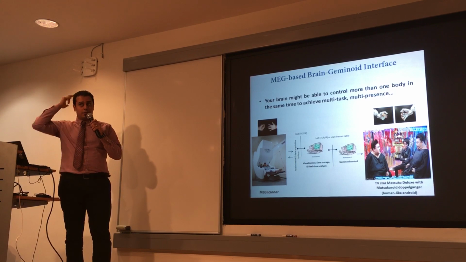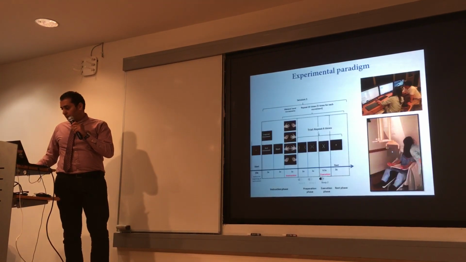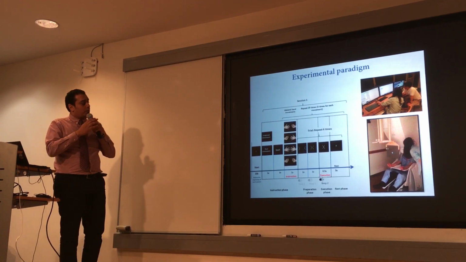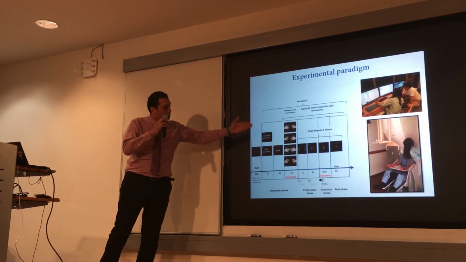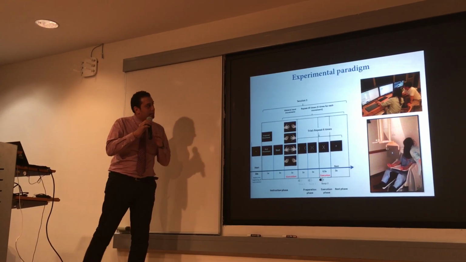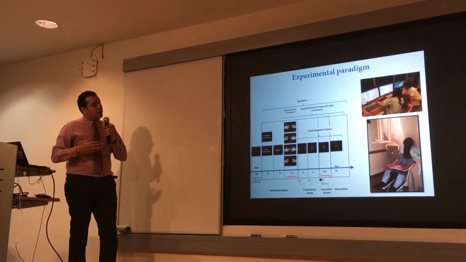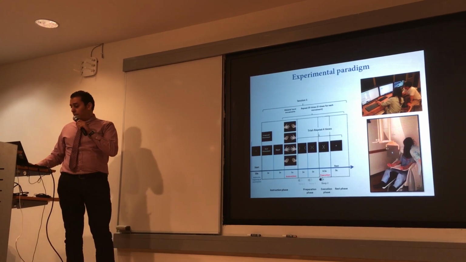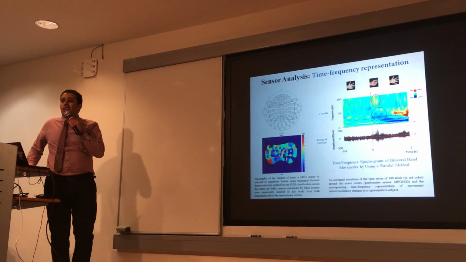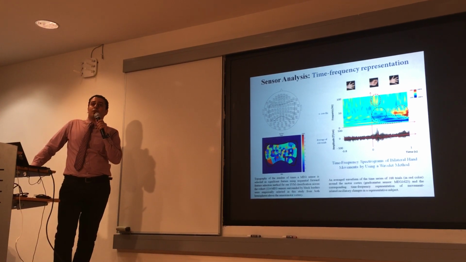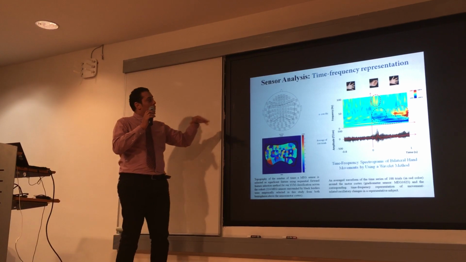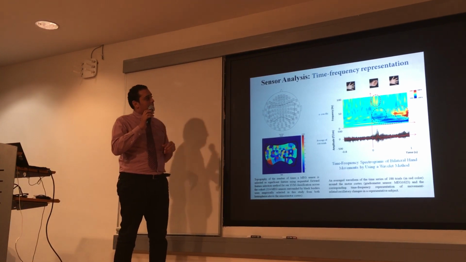That's the most important in the sensory motor area. So that's why we propose a new experimental paradigm, and we ask the subject to do bilateral hand movements and to follow this paradigm, and this is very important for us to record the brain waves. And then we of course do source and sensor level analysis. What I mean is that we do a lot of time frequency representation.